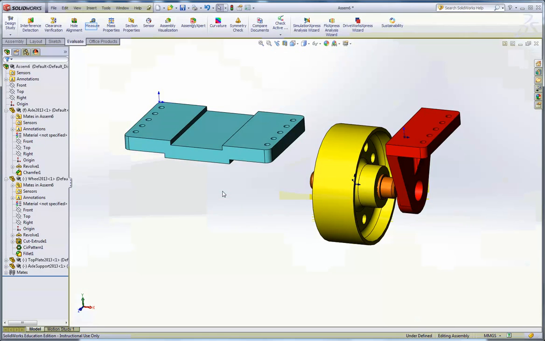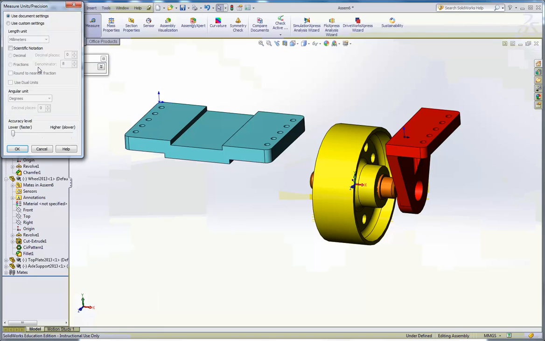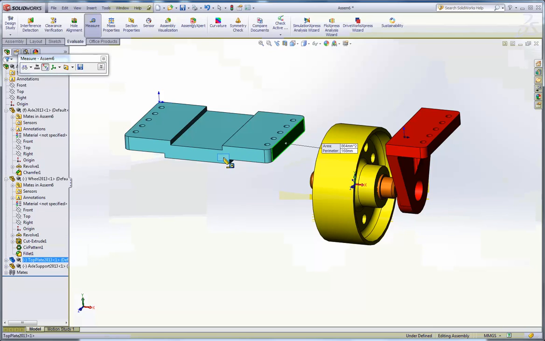So I pick evaluate, and what I'm looking for is measure. You need to make sure that your unit precision is in millimeters. I can select custom settings and choose how many decimal places I want to see. And what I'm going to do is select a face and a face because I need to know the distance